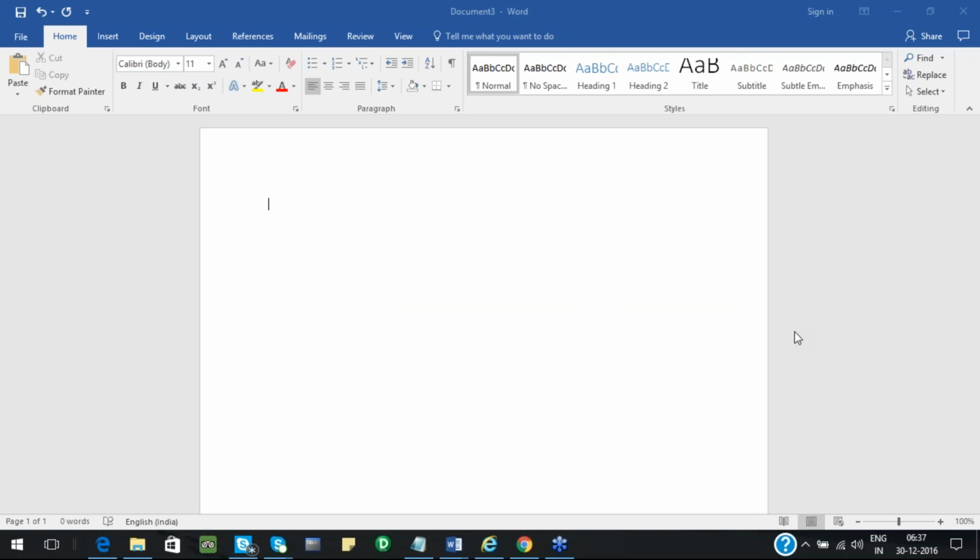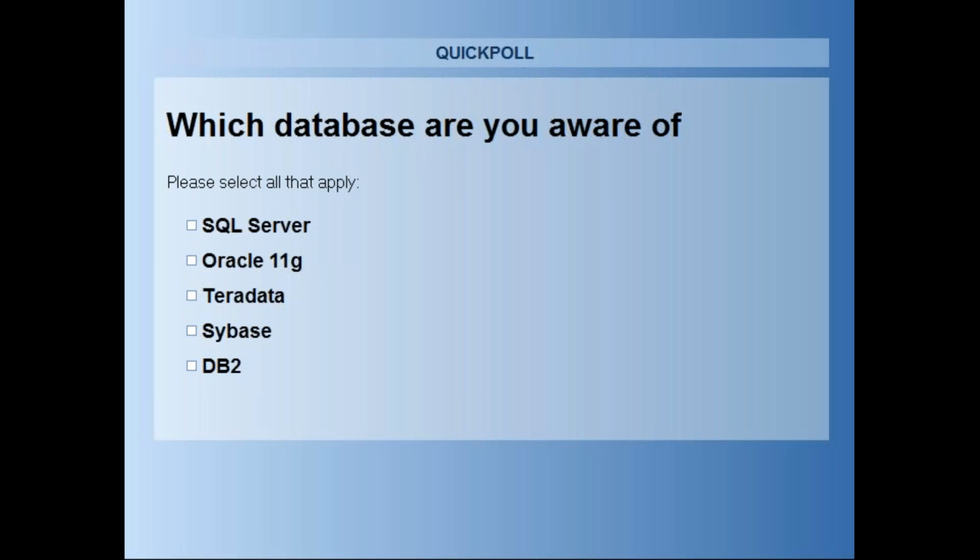The second question is, which all databases are you aware of? You got 30 seconds to answer. Another 10 seconds to complete.